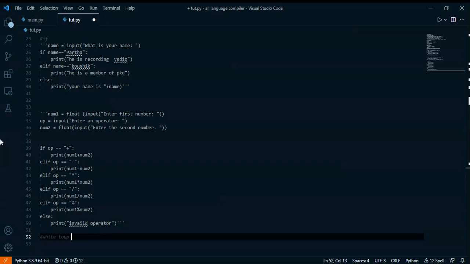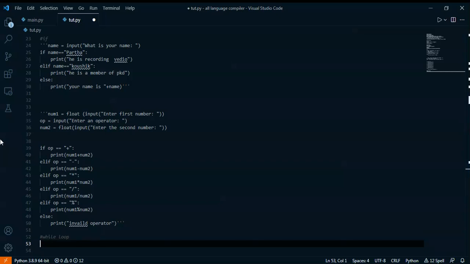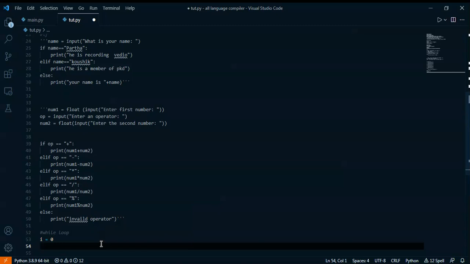There are basically two types of loops: while loop and for loop. For now I will teach you the while loop and then the for loop. To use a while loop, first we have to make a variable, and I'm giving the variable the value 0. Then we will write